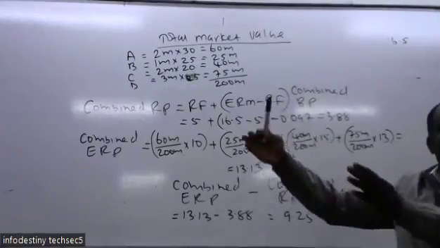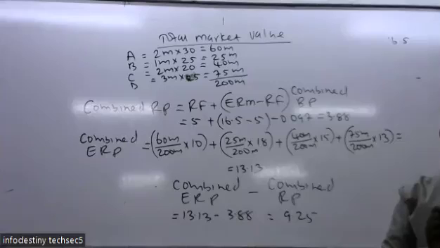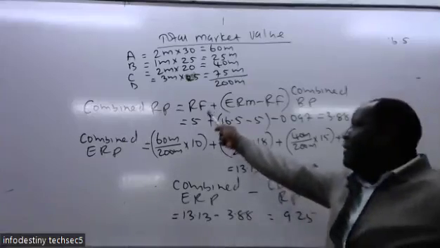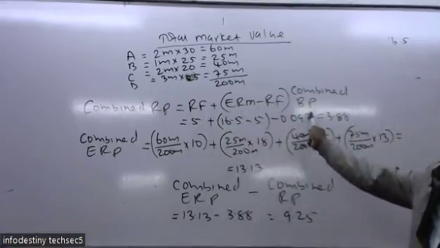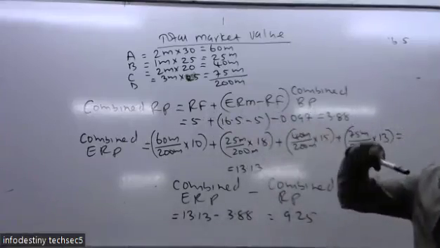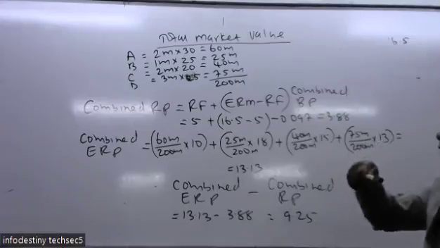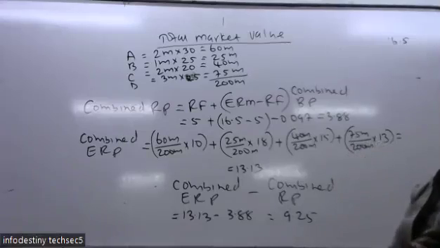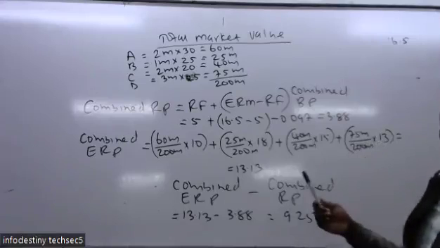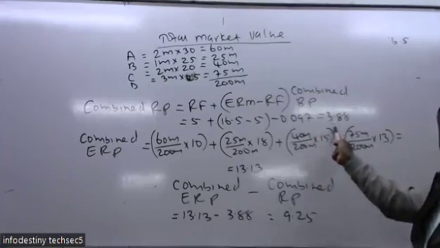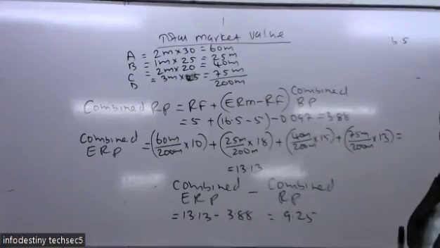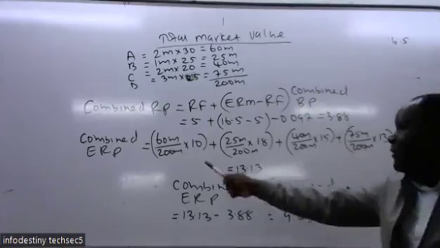Then there is the other column that uses the security market line. So it is the return, the risk-free rate, then this minus that. Then the beta factor should be the one for the combined. You get that question? Then we just pick the beta. When you use that beta, you have calculated the combined return for the portfolio. So what is making us get the combined? It is using the combined beta and also the combined